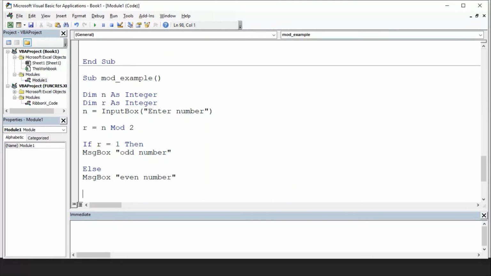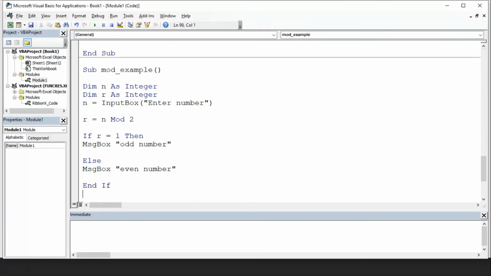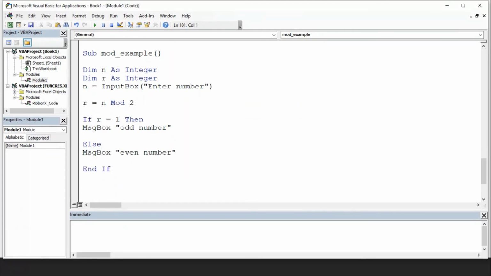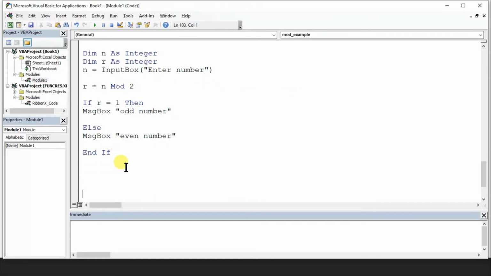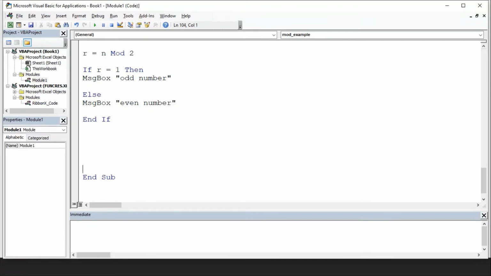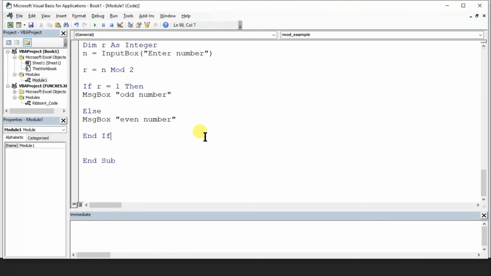And in the end you have to write End If, and if you don't write End If, it will give you an error. So that's the program: If and End If. Simple program. You have n and r; if r equals 1, message box odd number, else, because with 2 there can be only two cases, the remainder is either 1 or 0.